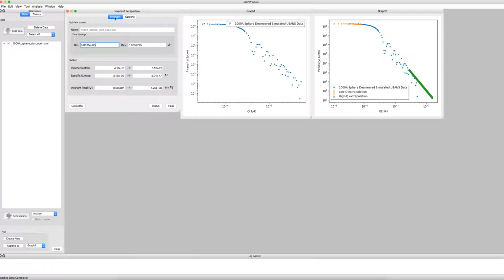And what we can finally look at is that we now have the volume fraction and the specific surface area of the sample calculated, because we set up explicitly the porous